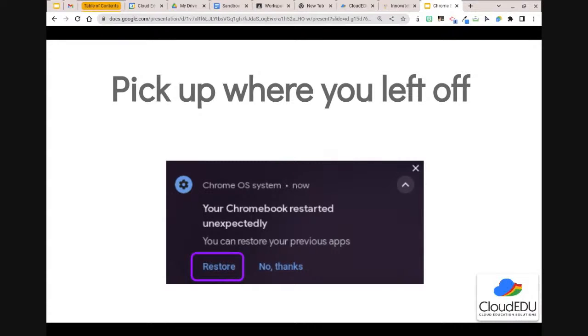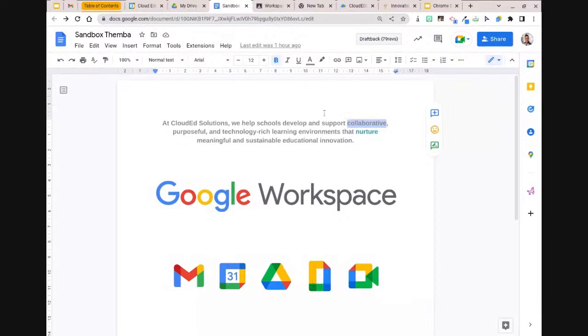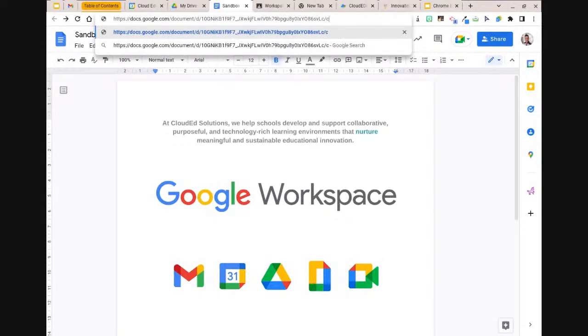Another trick that I also want to show you while I'm busy talking about the tabs and picking up where you left off, in the present mode, is this. If I go into a document, here's a document that I just quickly set up for us. And once again, I'm referring back to the Omnibox, which is the URL part within your Chrome browser right at the top. Now, if I go to that area and I click in copy,